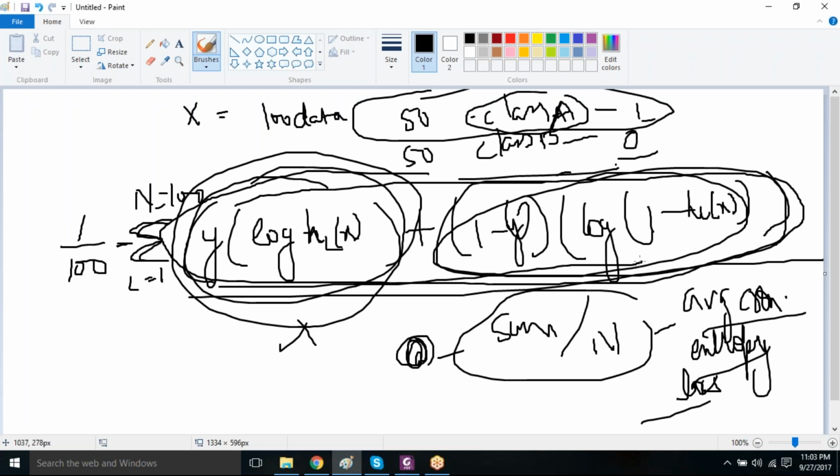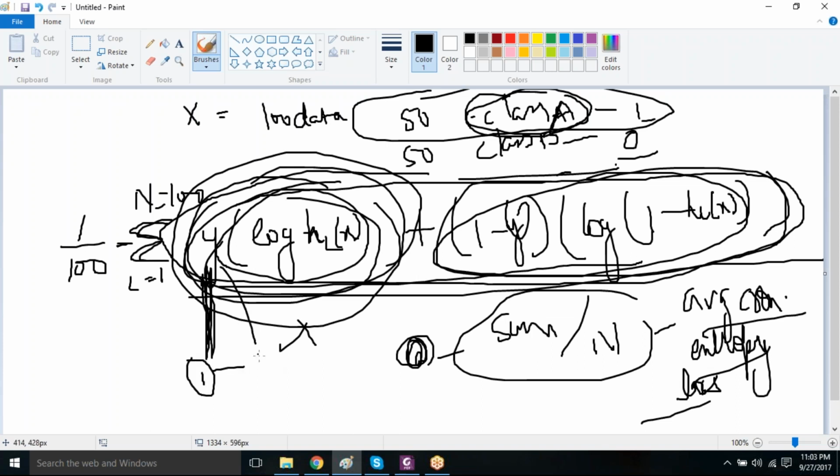This function only, see, when the data points are of class A, only this thing will be evaluated, right? Because the y value will change for the classes. The y value will be 1 for class A and y value will be 0 for class B. So one of the terms will be evaluated, isn't it? So yes, this is basically the cost function,